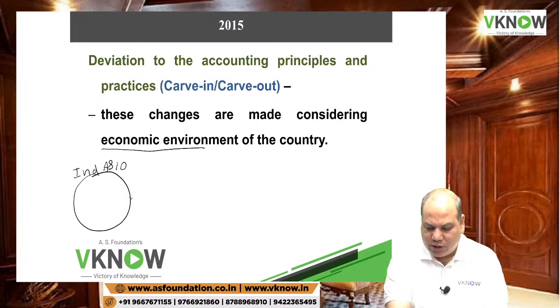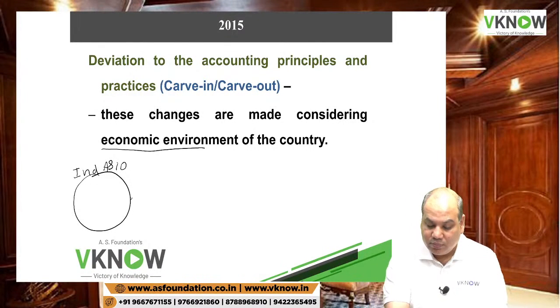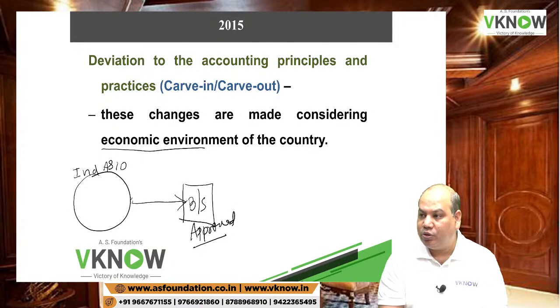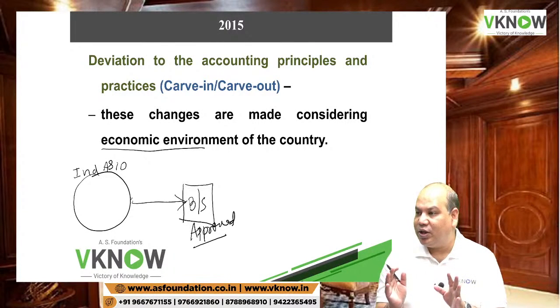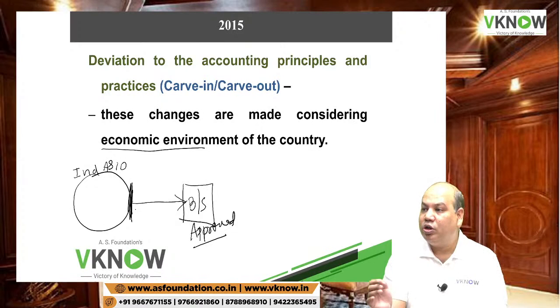Suppose a company defaults on the loan and the loan becomes repayable on demand. But before the balance sheet is approved by the board, you go to the bank with folded hands and say, please forgive me, I will rectify the mistake I have made, but don't make it a loan payable on demand. So if that loan was a non-current liability, it will remain a non-current liability.